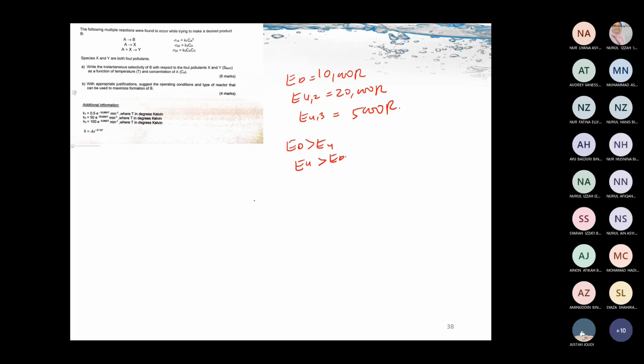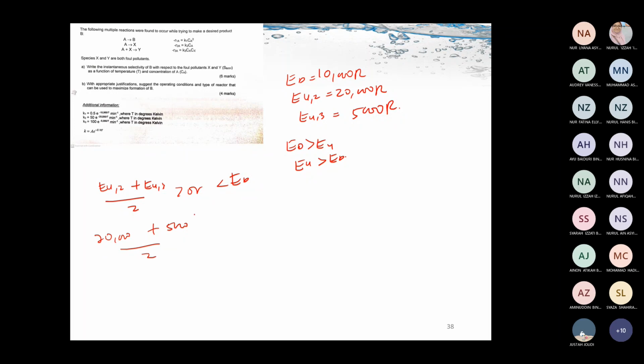Alright, so daripada question ni kena analyse balik. We have EU, kita akan ambilkan average dia lah, EU plus with the EU3 over 2, alright, is or ED. Okay, so sekarang ni you have 20,000, okay, plus with the 5,000, okay, over 2,